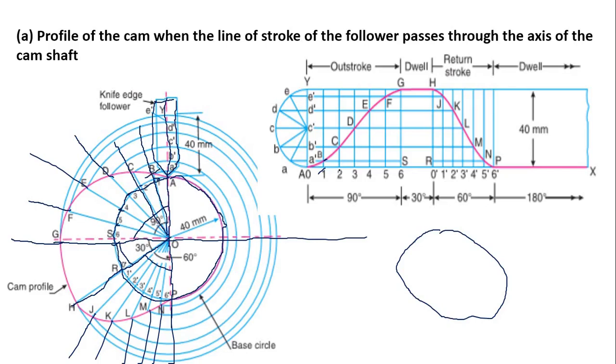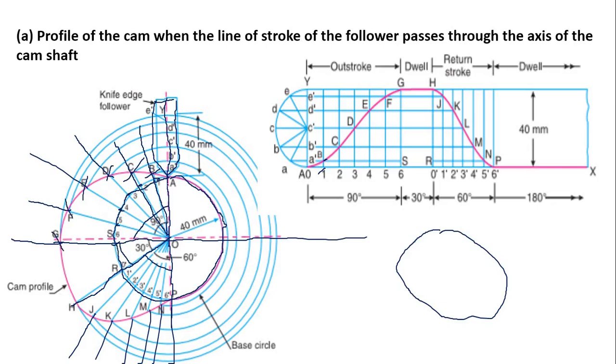Now measure the distance from 2 to C. ये मेजर करेंगे और जो हम कंपास रखेंगे दूसरे पॉइंट पे जो कि बेस सर्कल पे हमारा है, और कट करेंगे पॉइंट को, जो पॉइंट हमें मिलेगा उस पॉइंट को C बोलेंगे हम. Similarly we can measure 4 to E, 5 to F and 6 to G. Now cut the point from the base circle and we are getting this.